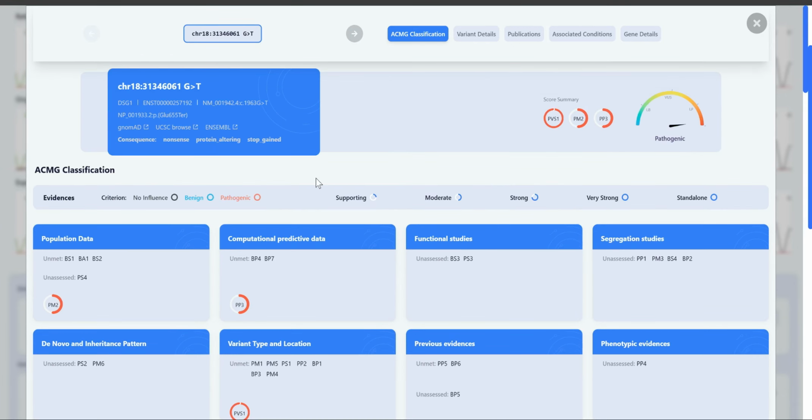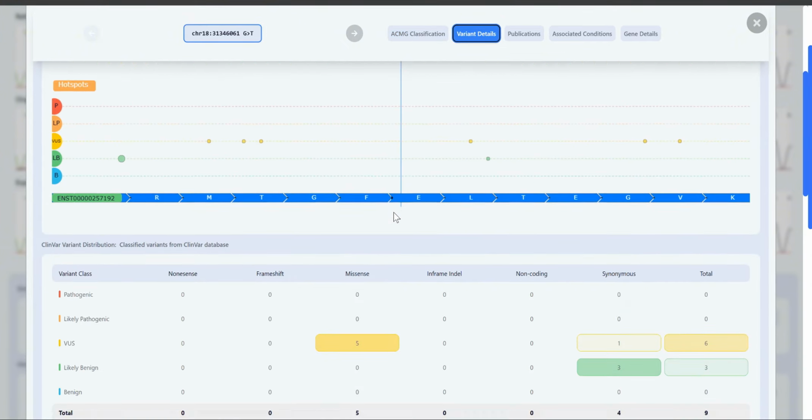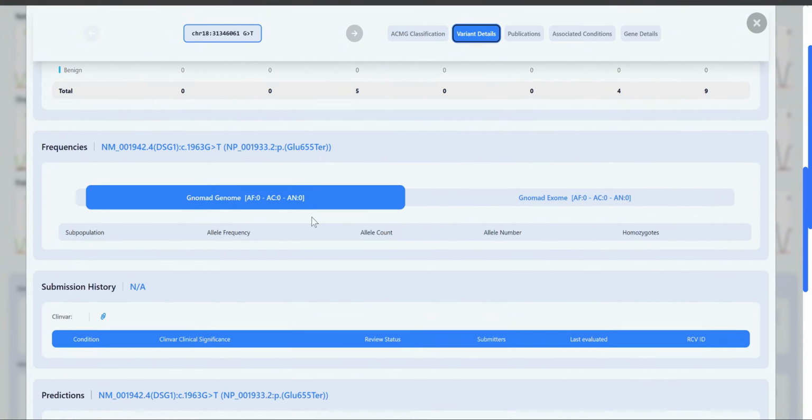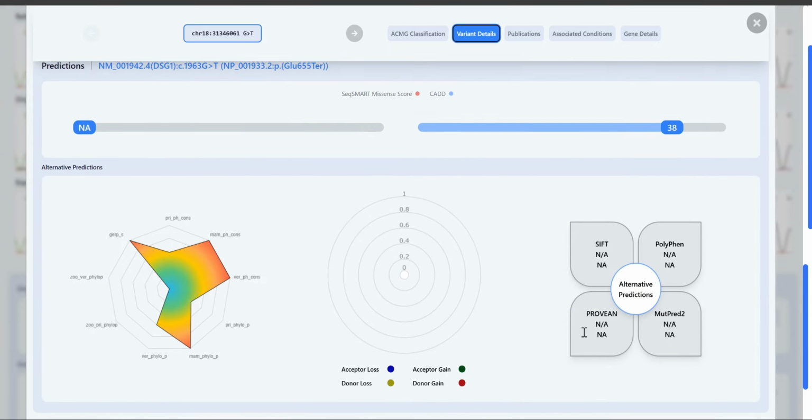In the variant details section, the familiar genomic region viewer and ClinVar information are once again available. You can also see the allele frequency table, where in this example, the frequency of this variant is reported as 0. In this section, computationally generated predictions are also displayed, including conservation scores, evaluation of the variant's impact on splice sites,